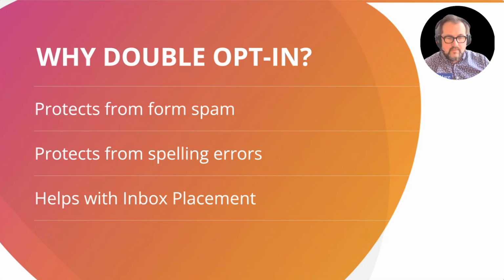If you're looking at new subscribers and you've got a list full of rubbish, that's going to be difficult to manually clean up, whereas the double opt-in is a pretty robust way of making sure that if they manage to fill in the form, because it's a robot, it certainly can't get the email, and it certainly can't click the link